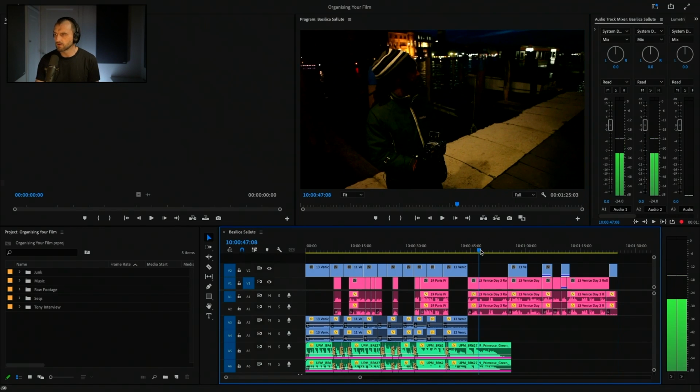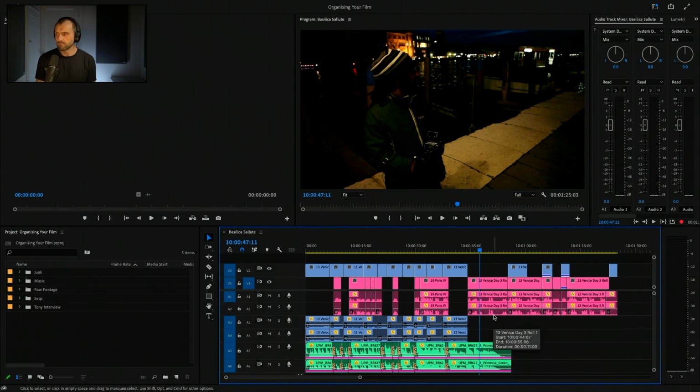Okay, so there we go. Cute little sequence, rough cut. There's probably quite a few things I'd change to it, but it's good enough to show to a director and say, "What do you think? Am I on the right lines? This is what you envisaged." I'm satisfied with this. But what's more interesting for us on this session is